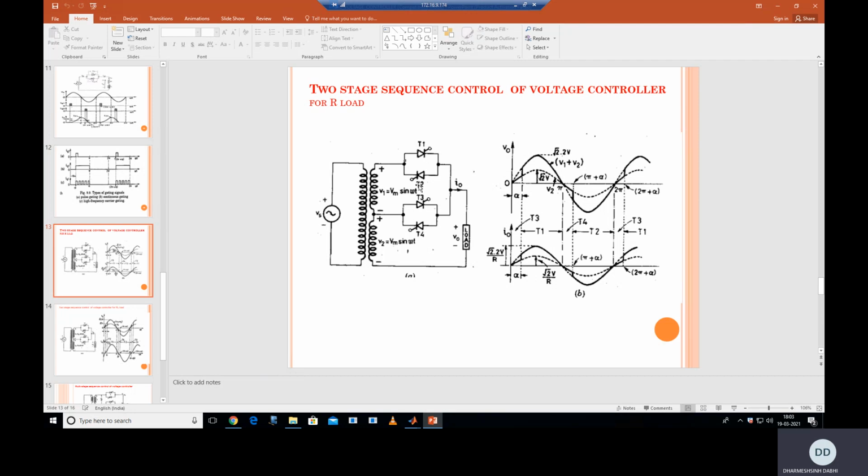First stage has T1, T2 thyristor. Second stage has T3 and T4 thyristor. And we take the 1:1 transformation ratio between primary and each secondary. Now we can see the waveform of output voltage and load current for the R load condition. So as we already discussed in the theory,